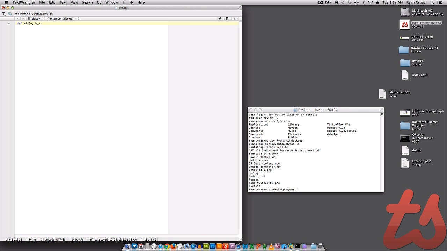And then you have to add the colon, much like how in CSS you have to have a colon to actually go through a different code. If you don't know what CSS is, it's a cascading style sheet, which organizes websites. So we're going to say define add as print